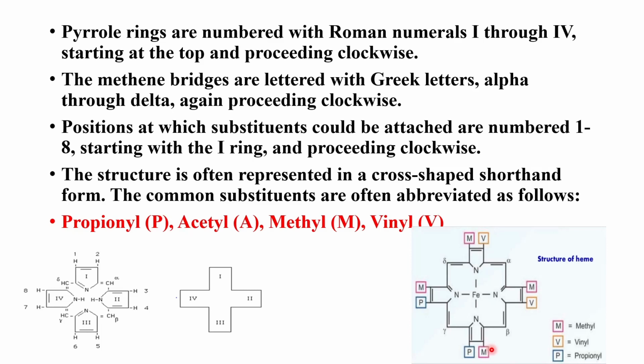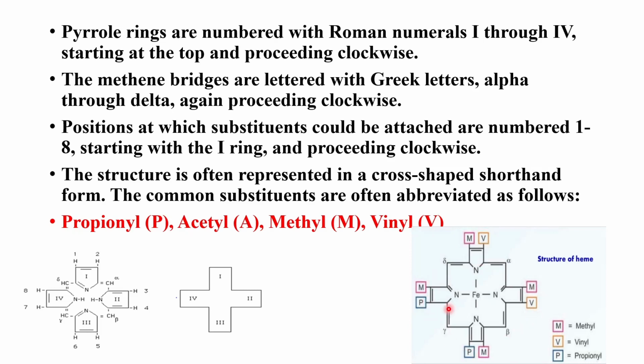So depending upon these substituents, we have other porphyrins like uroporphyrin 1. In uroporphyrin 1, all the things remain same, but the substituents are AP, AP, AP, and AP. A stands for acetyl, P for propionyl, again acetyl propionyl, acetyl propionyl, acetyl propionyl. So this is uroporphyrin 1. And in case of uroporphyrin 3, what is there? It is AP, AP, AP, AP, AP and P.